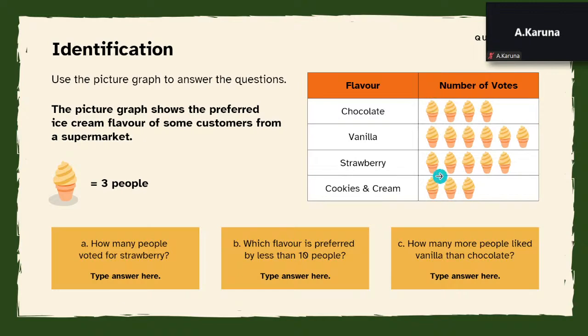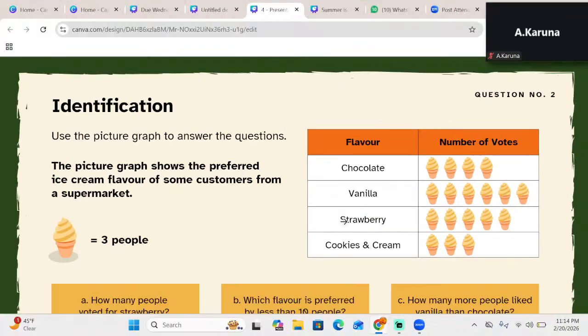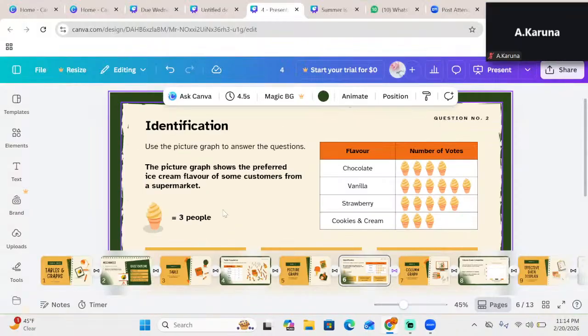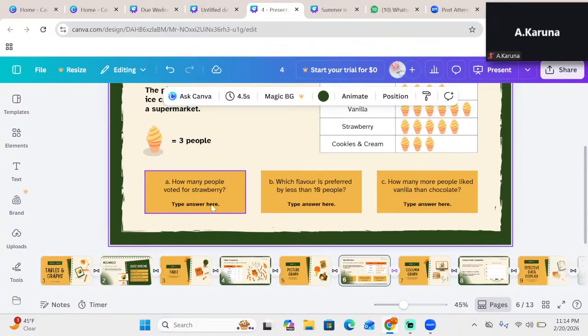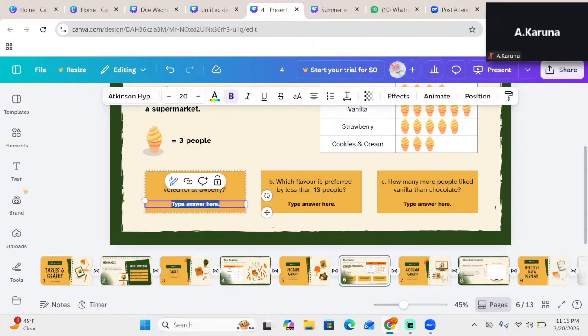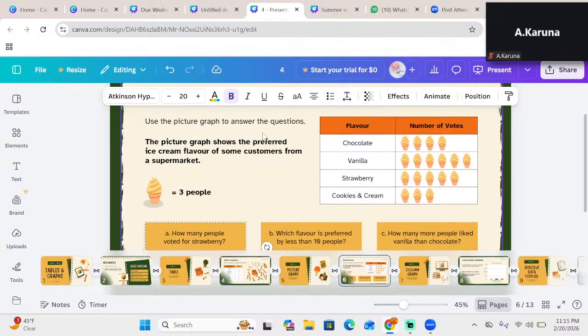So here it says chocolate. There's 4 ice creams, but each ice cream is 3 people. So 4 times 3 is 12. So 12 people voted chocolate. Okay? So let's answer the questions at the bottom. How many people voted for strawberry? Well, let's see. We know that each ice cream is 3 people, and there is